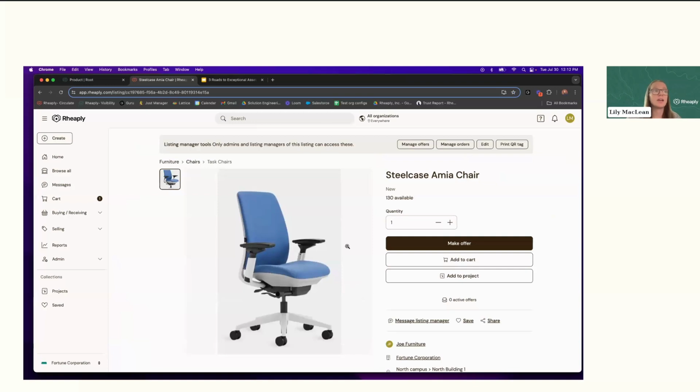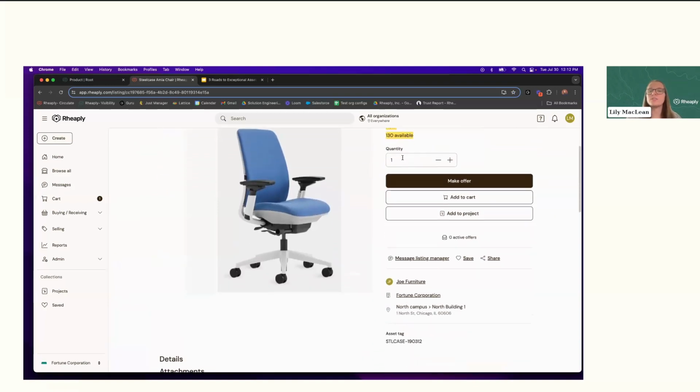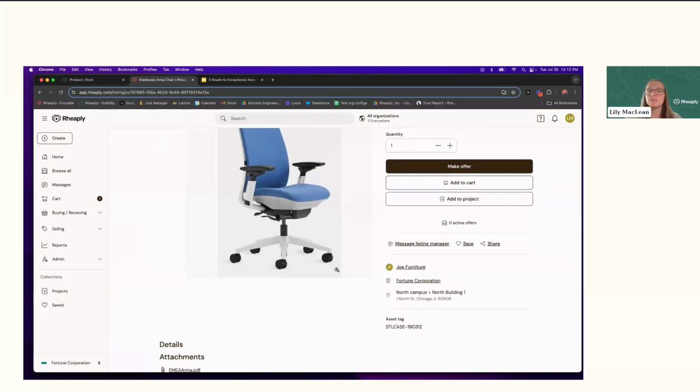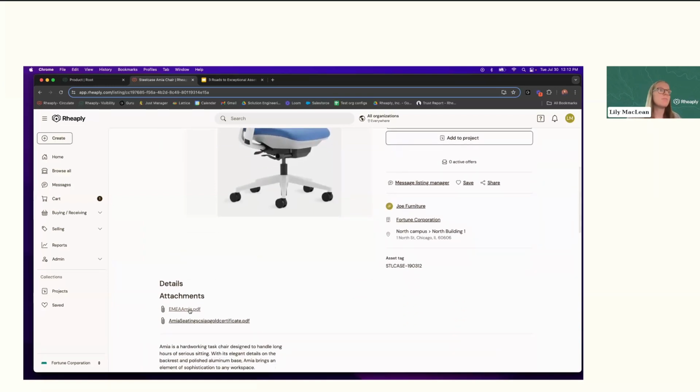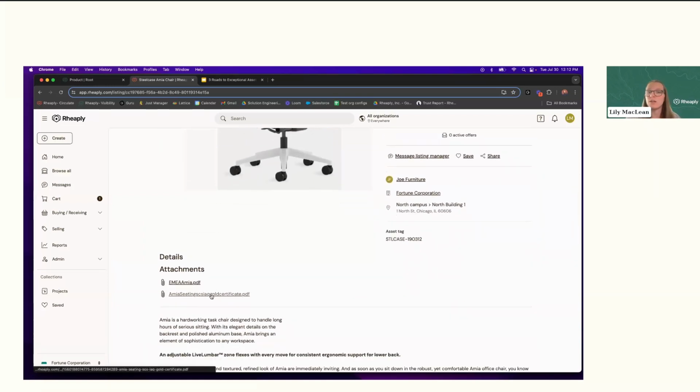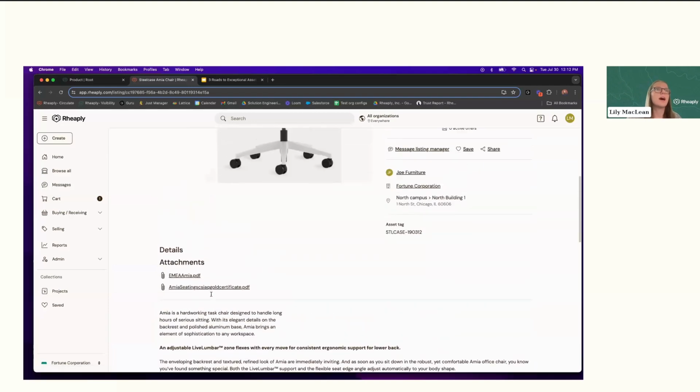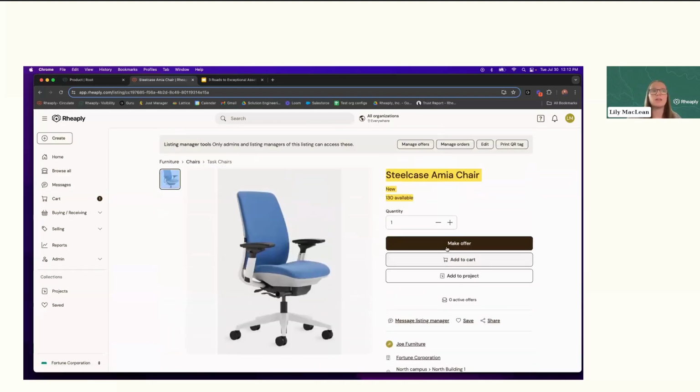So I can come into this item, I can see how many are available, the condition, all of those details that are important for me to make decisions on the reuse of this item. Maybe it has some attachments that I need to know about this resource. And I can come in and I can do a couple of things. One thing that we see is scaling this. So yes, it's great that I can come in and make an offer for 10 of these chairs, but ultimately, as I'm internally reusing these assets, I really want to scale this.